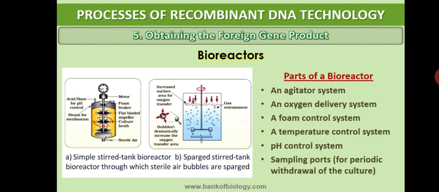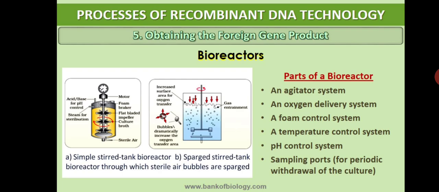And these bioreactors are also used for the production of human insulin. For diabetic patients, what are we giving? Insulin tablets, insulin injections. For the production of this human insulin, or humulin, we can even make use of the bioreactors, where it is possible to produce human insulin on a large scale. Understood? Even it is used for production of monoclonal antibodies. For all these purposes, we make use of the bioreactors. Understood about the bioreactors?